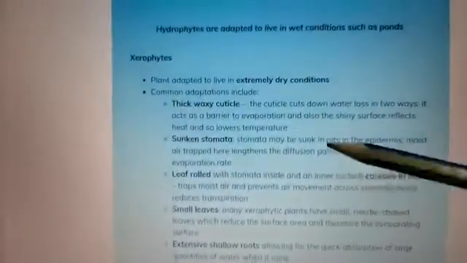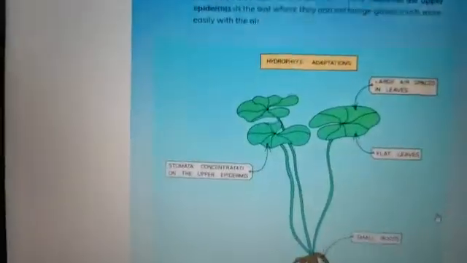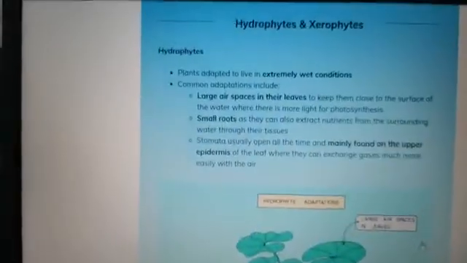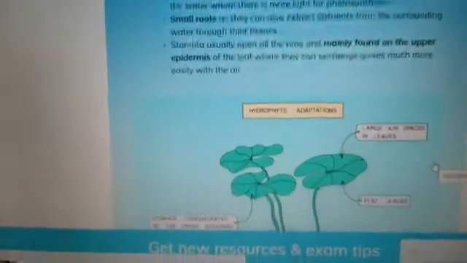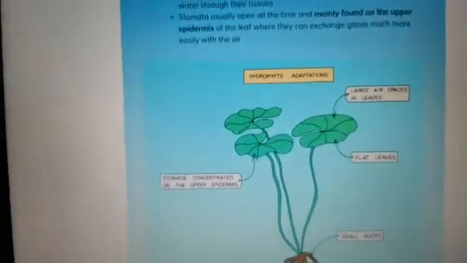So these are the adaptations of xerophytes, and this is the example of a xerophyte. If you are looking here, you can see the water lily, which is a hydrophyte, and these are the adaptations of water lily or hydrophytes. These are the things you want to learn in this